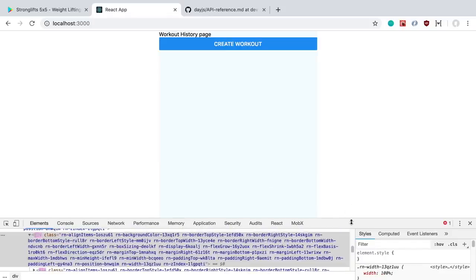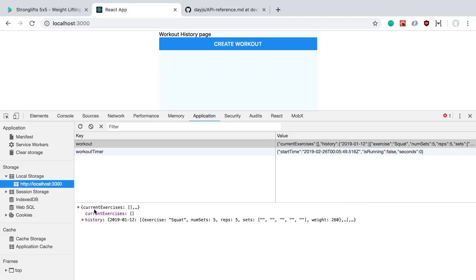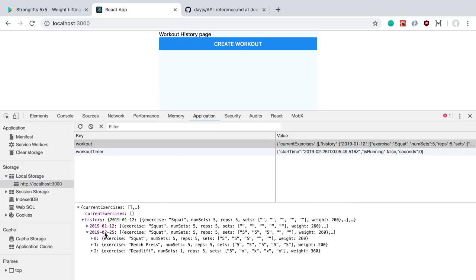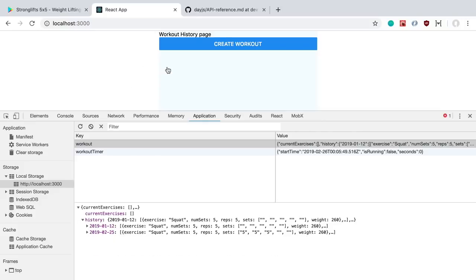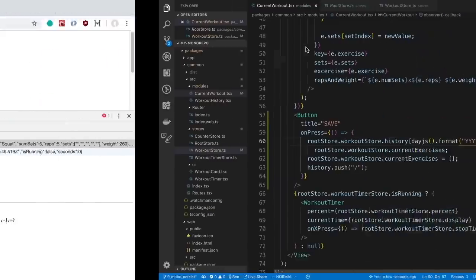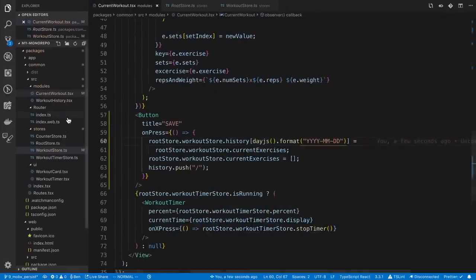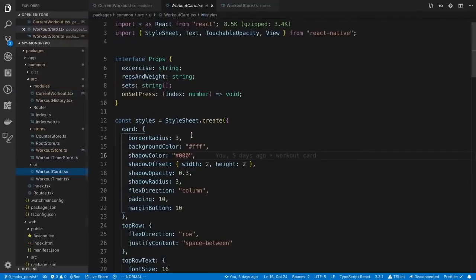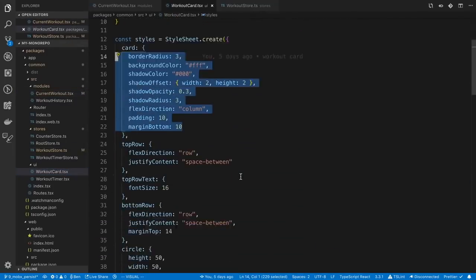Anyway, let's give this a save, and now if we go to our application state, we should see a new day, which is today's current date for me, and we can see the exercises. So awesome. Next up, now that we're actually saving stuff in the history, we want to display them here in card form. First off, you'll notice that the card over there resembles the card here. So I figured we would abstract, well, not really logic, but the style that we used for the card here